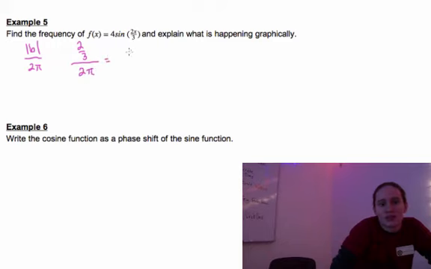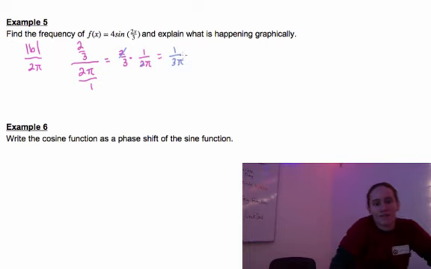And so to actually work this out, we would have 2/3 times, this is like 2 pi over 1, so we flip up our fraction and make it 1 over 2 pi. Our 2's cancel out, leaving us with 1 over 3 pi. So that means,